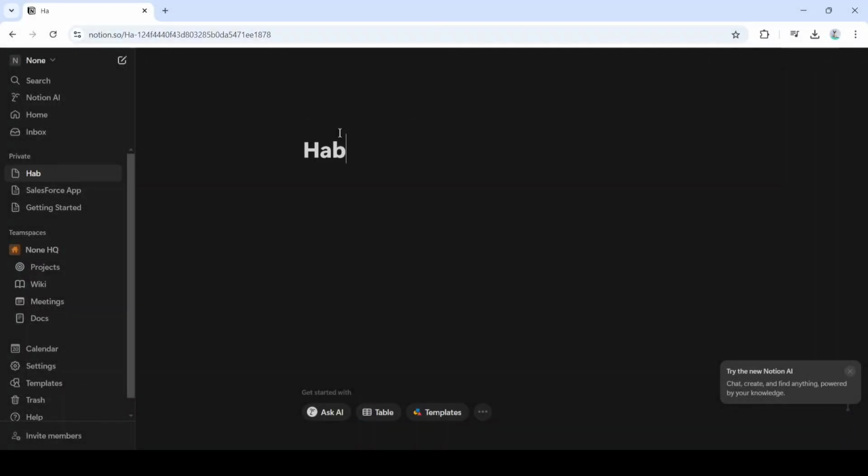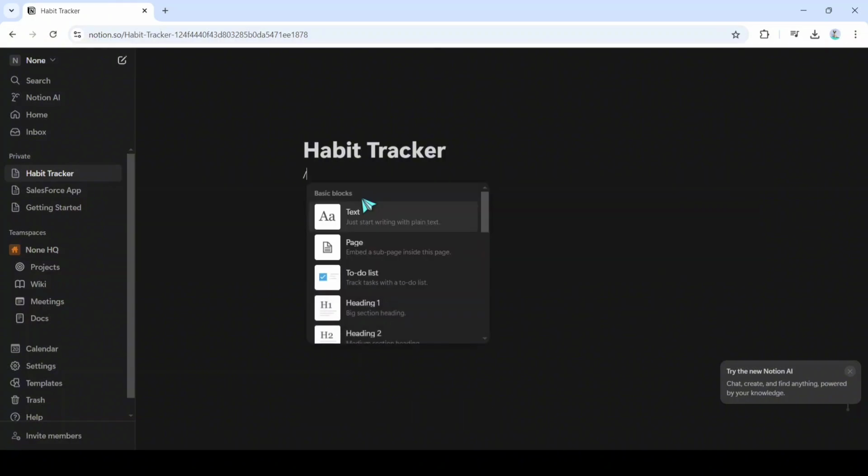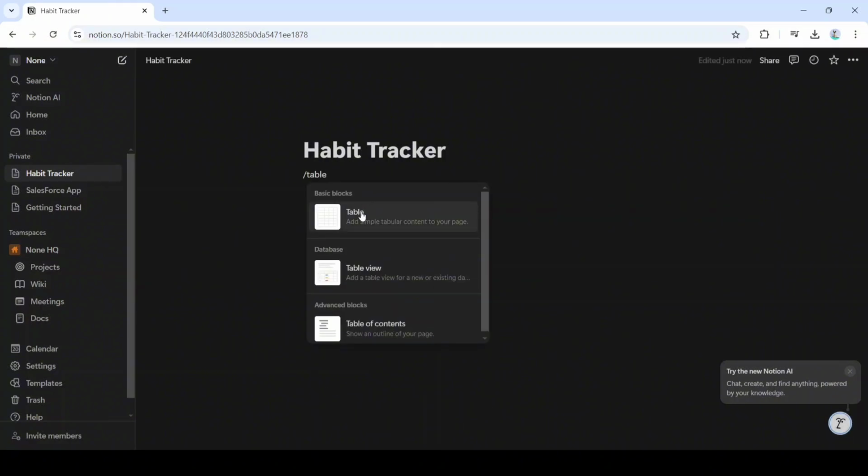In this video, I'll be showing you how to create a habit tracker in Notion. First, I want you to create a new page and then name it habit tracker. Next, I want you to generate a data table by typing in /table, then select the table element, and